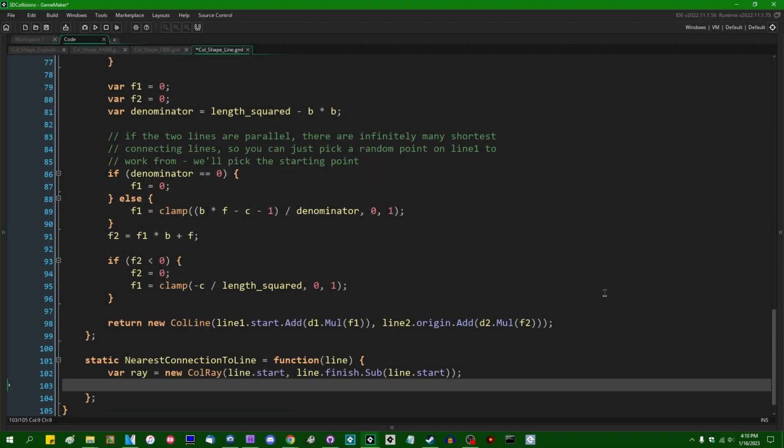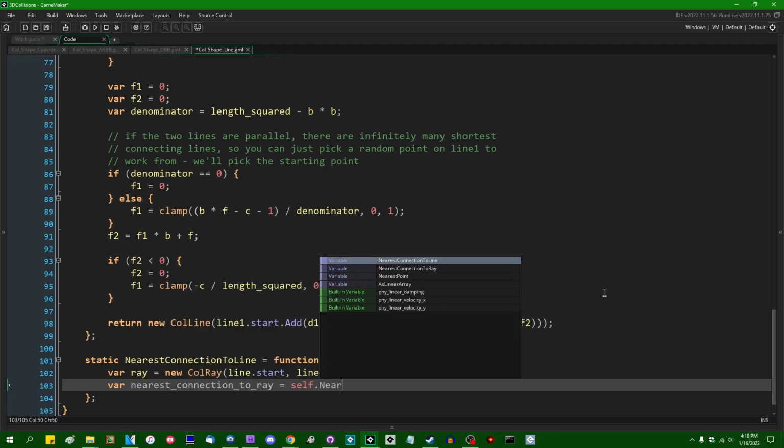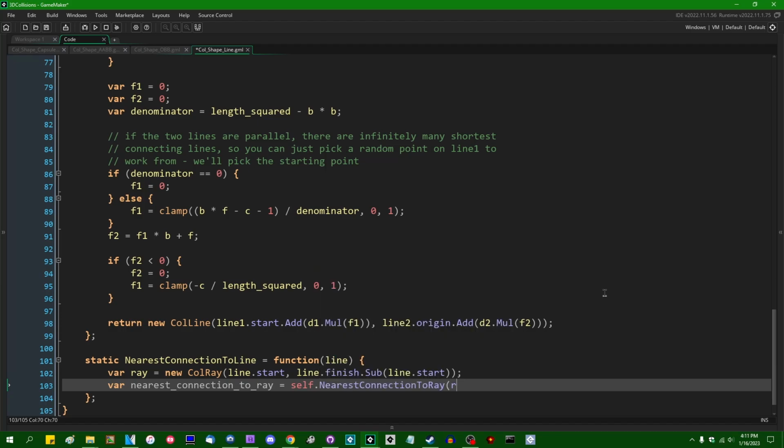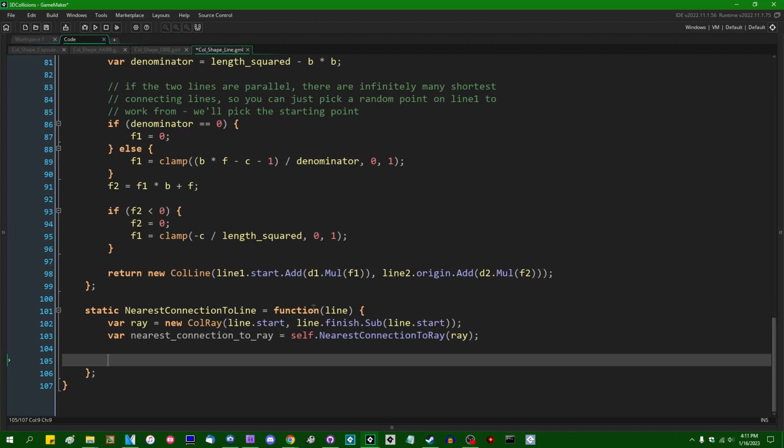Next, we can figure out the nearest connection from ourself, from our line to the ray that we've created here. So we can say our nearest connection to ray is going to be self dot basically that, checking the ray that we just created. And since line segments are not infinite in one direction, we're going to need to check the start and the end point to make sure that the connection that we're going with is not beyond the end of the line segment, and we can do that by saying var starting point